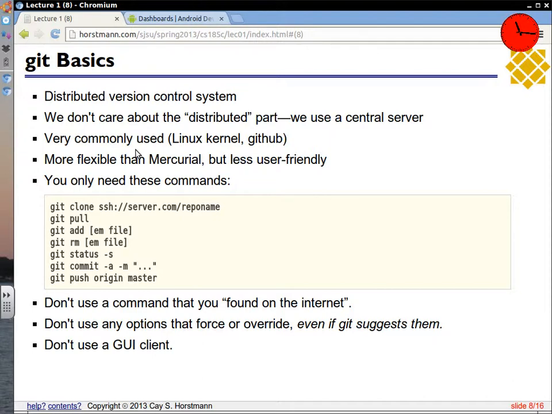First you have to add any files that you might have added to the project. You then have to commit your changes, and then you have to push the changes back to the server. And you see the instructions down here. You'll be good if you use nothing but the 7 commands that you find on this list. 7, 8, whatever. You should be able to do all your work with these 7 commands.